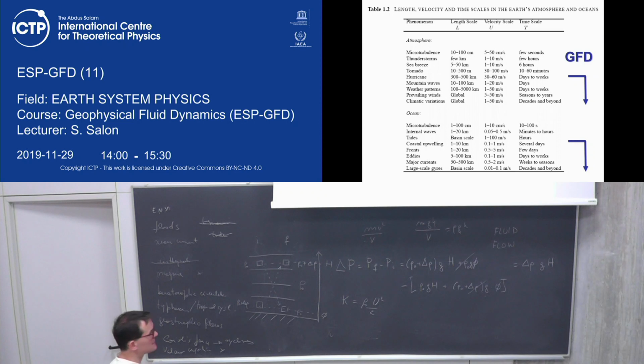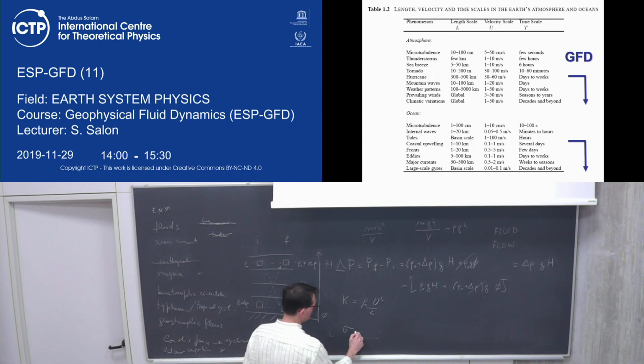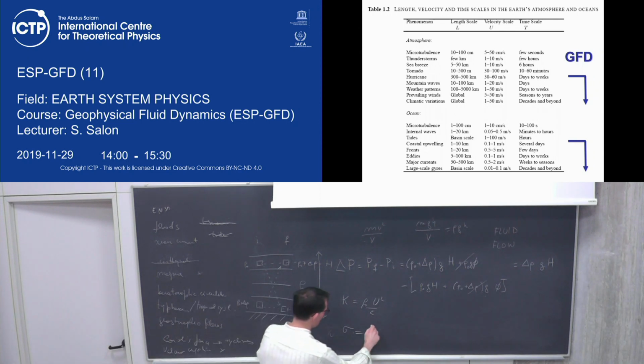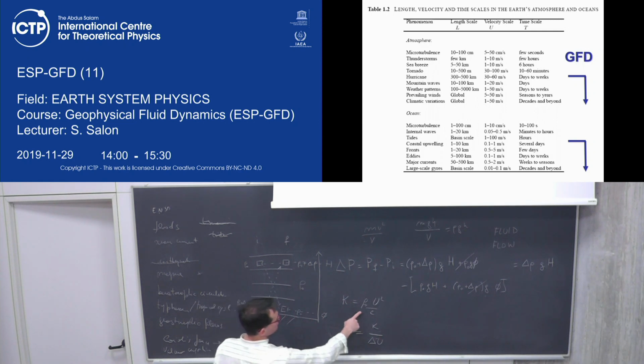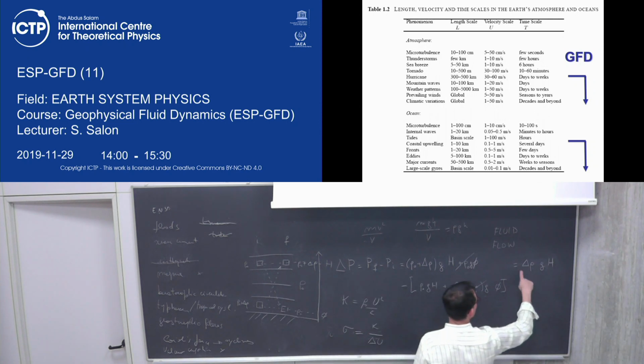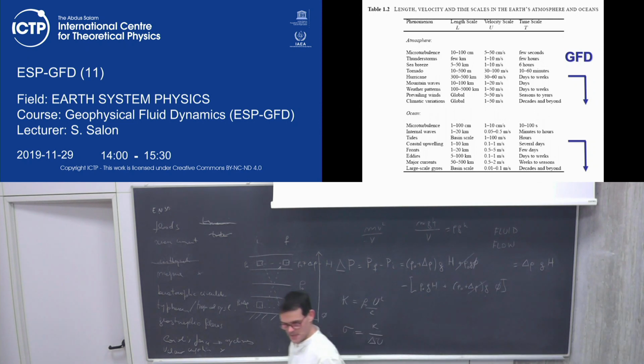Before, we used two dimensionless numbers, small omega and epsilon, to make our reasoning over the time scale. Now we can use another dimensionless number, which we will call sigma. Okay, another Greek letter, which is actually k over delta u. So rho 0 u squared by 2 divided by delta rho gh. So this ratio here is a ratio between two energies.